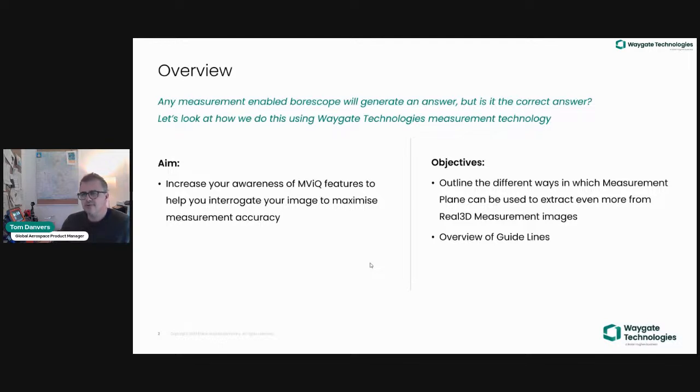So it's very necessary to make sure that you've got very high confidence in all of the measurements, and therefore all of the decisions that you're making whilst doing your inspections. So that's very much the aim of these sessions, and indeed this session that we're going to be talking to you about now. And specifically on this session,